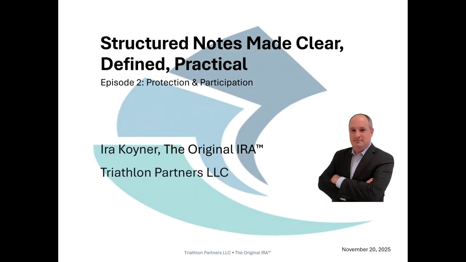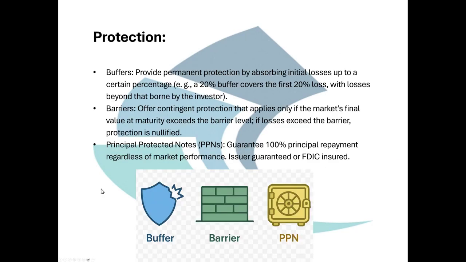We're going to talk about protection and participation. Protection, there are three types. There are buffers, barriers, and principal protected notes, which are 100% guaranteed, either issuer guaranteed, which is subject to the credit of the issuing bank, or FDIC insured, which is backed by